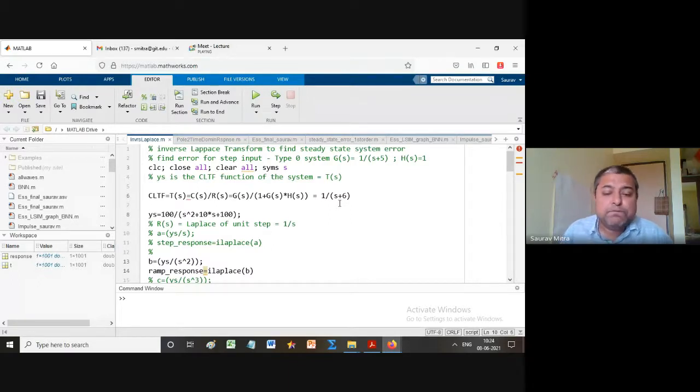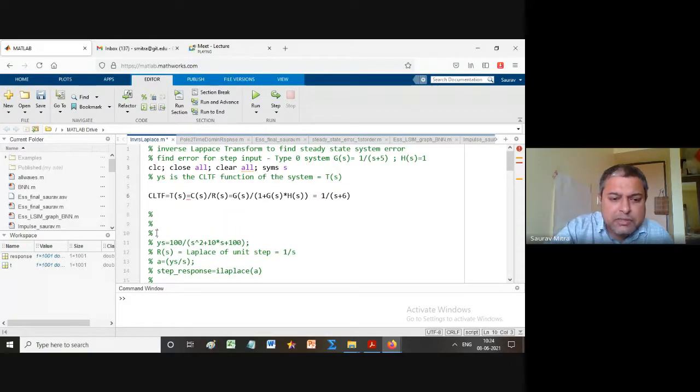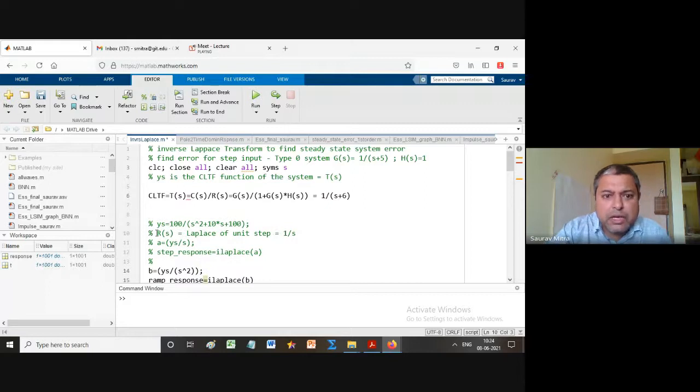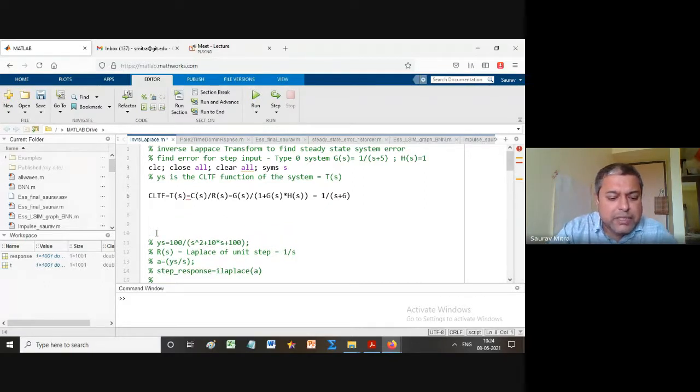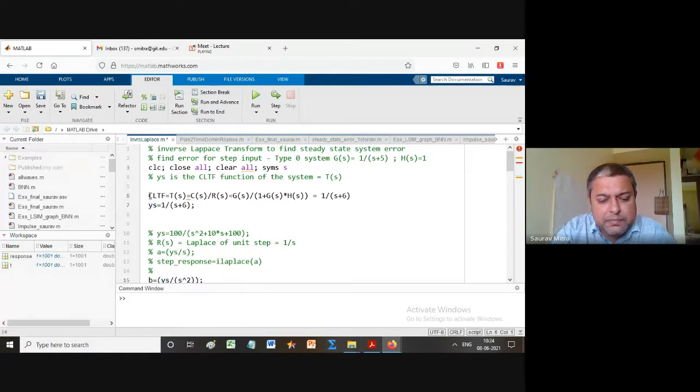Now this is our system, and we will be finding what is called the step response. So this is now our Y(S). Actually this is the code I did yesterday for our second order system. So I will keep this. Now our system is Y(S), and Y(S) is 1 by S plus 6. Where does this 1 by S plus 6 come from? That you have to understand first. 1 by S plus 6 comes from the CLTF. All the steps I will keep like this.